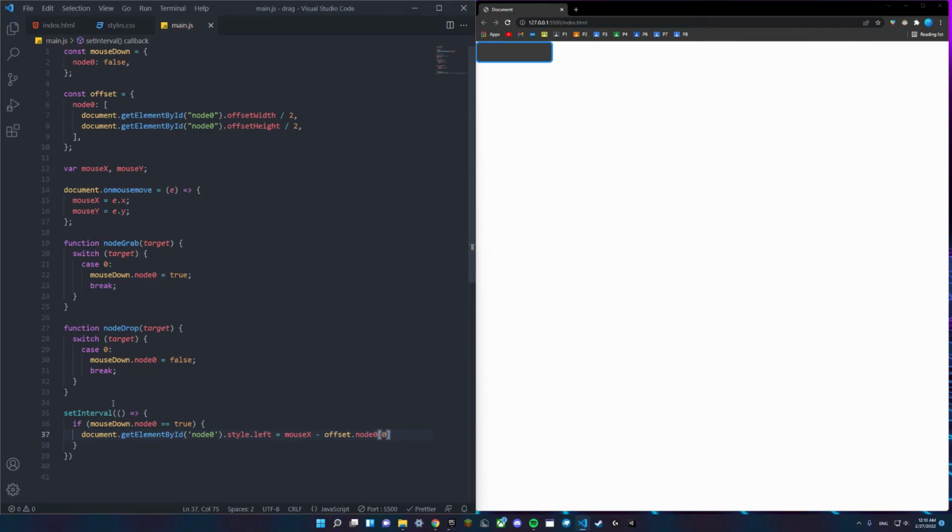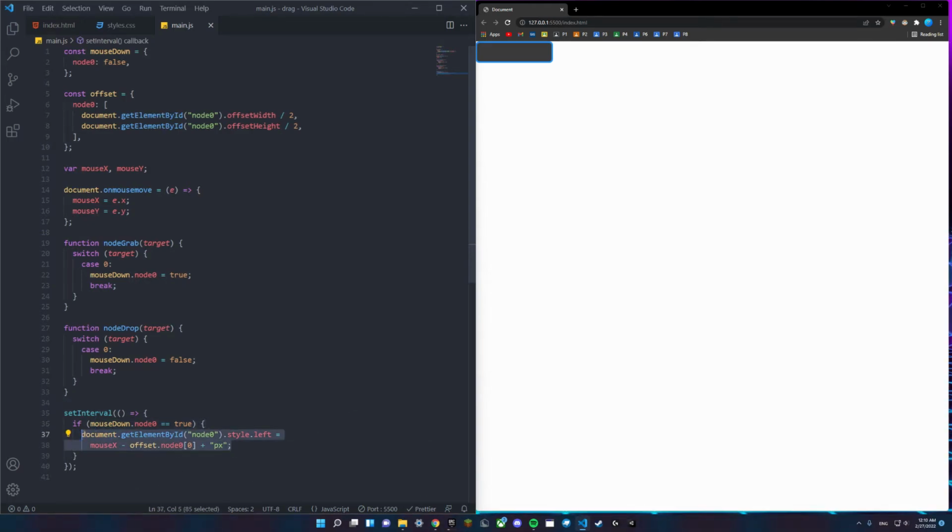And that's just gonna grab this value right here. So we're going into the offset constant right here, grabbing node 0 and then the 0 index of that, which is this first value. And we're just gonna add on px to the end of that